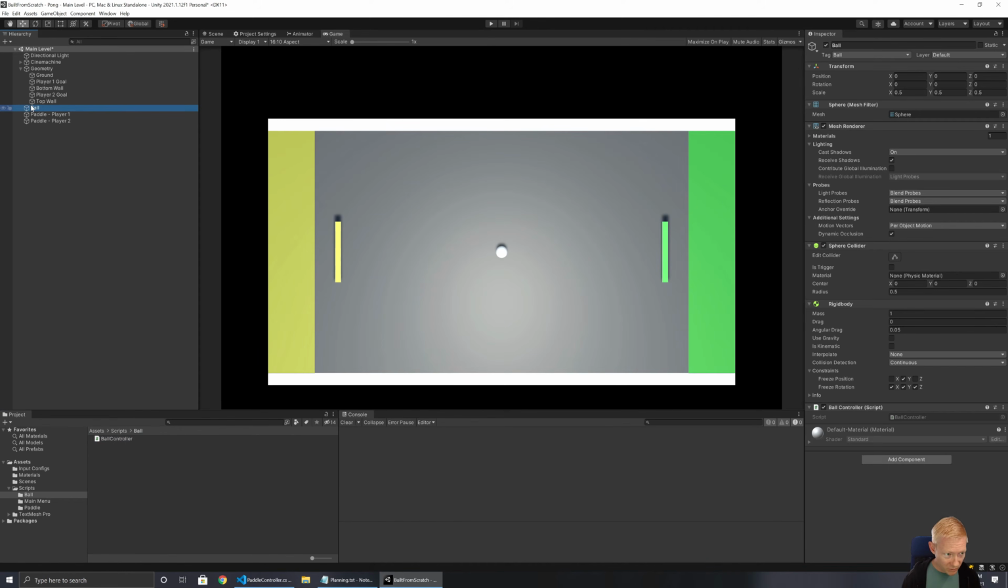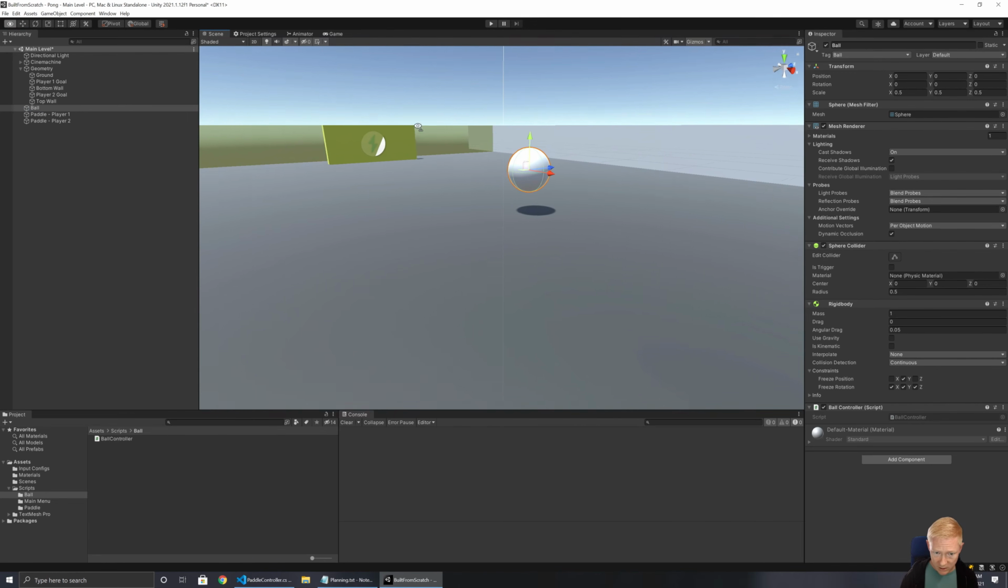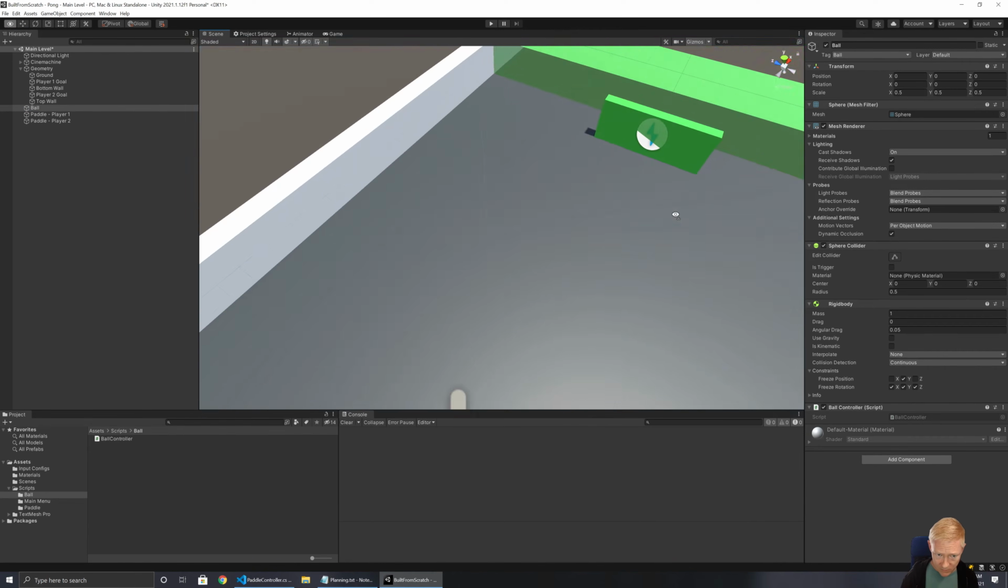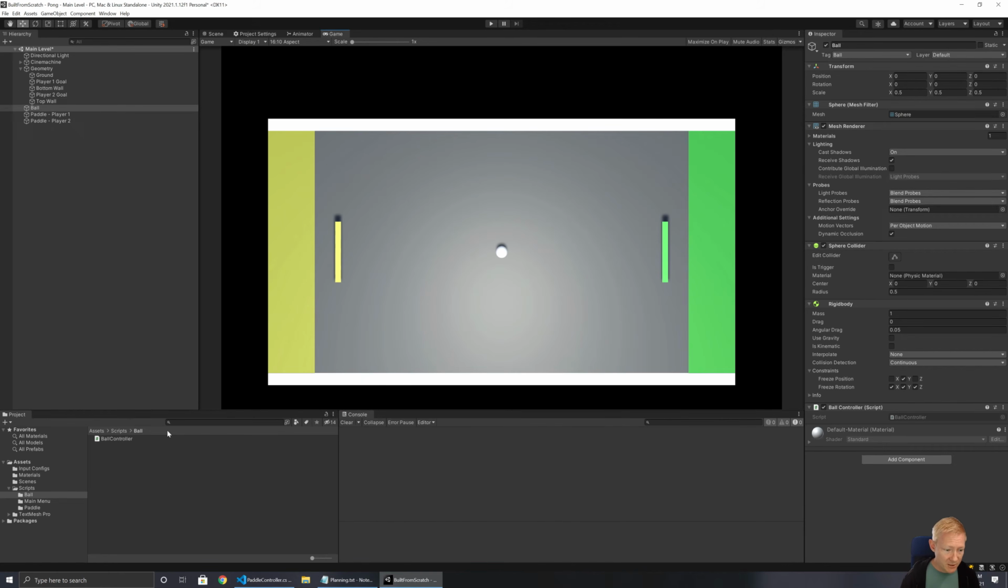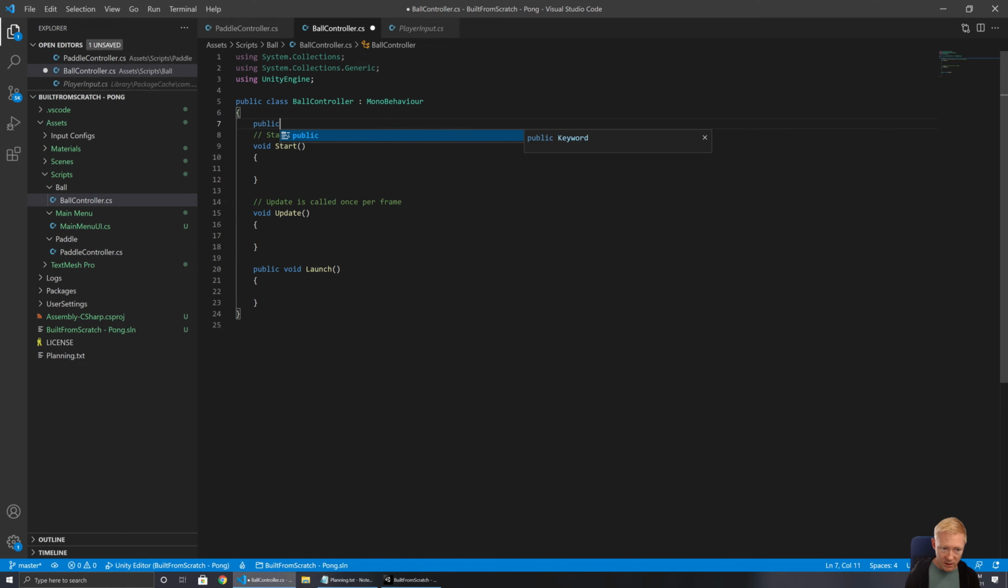Now, what I will eventually do is this ball will be something that gets spawned into the world. For now, I'm just going to have it exist here. I just want to take a look at relative heights of things. That looks pretty good. All right. So the first thing this is going to need to do is launch. And we might want to have it so that we can control that direction. So maybe we want to have a launch direction